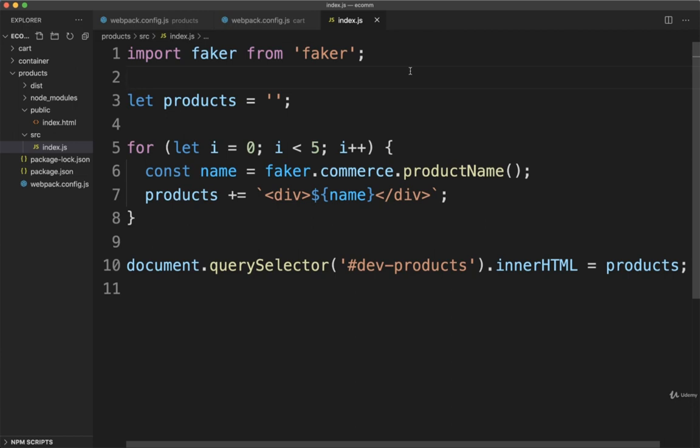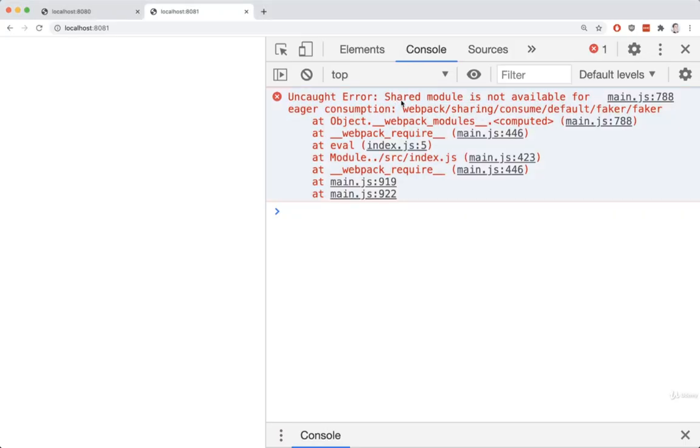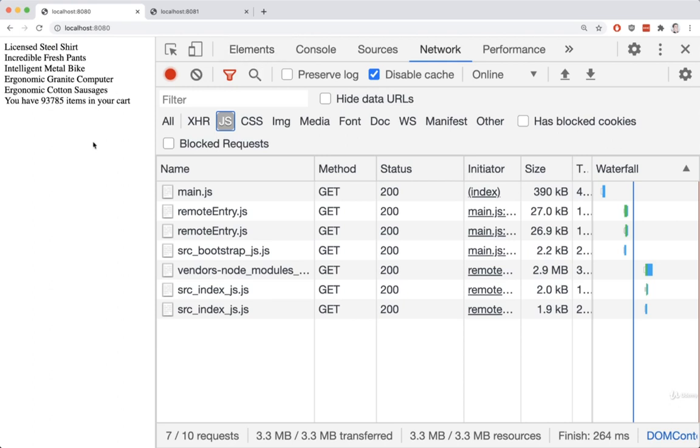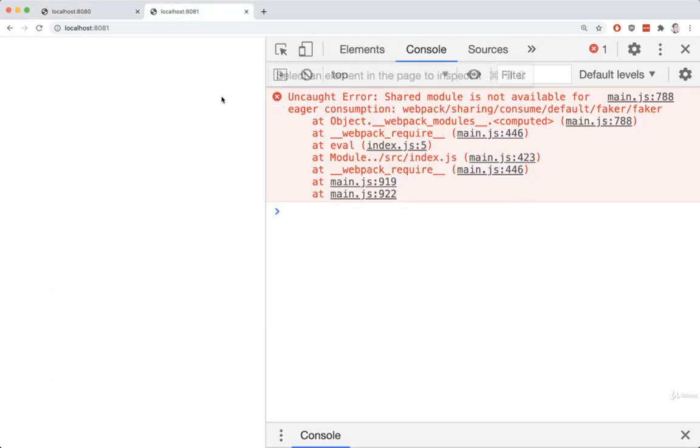because Webpack can very easily have the time and say, hey, we need to get both index.js and the Faker module. But when we load up products by itself, we're getting index right away, we're trying to use Faker right away, and we end up with the error message that says, sorry, but we don't have this module yet because we are trying to use it instantaneously, but we haven't loaded it. So that's why we are seeing everything work over here through our container,